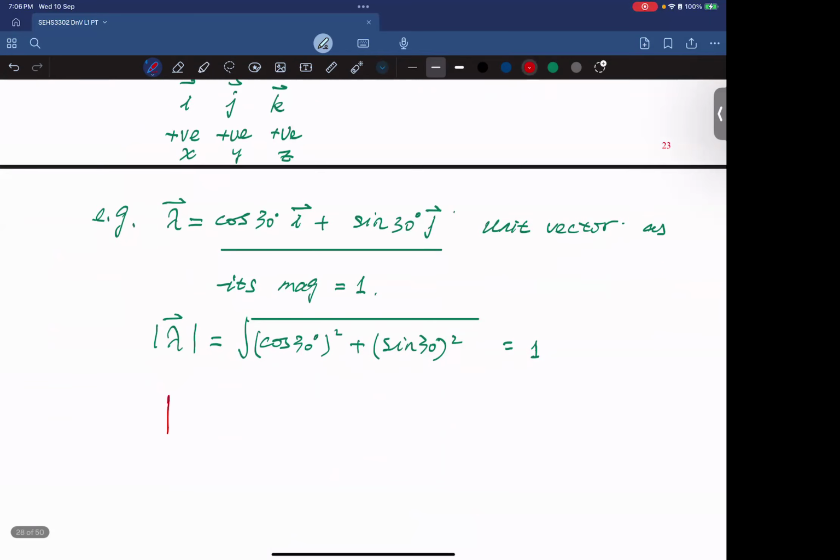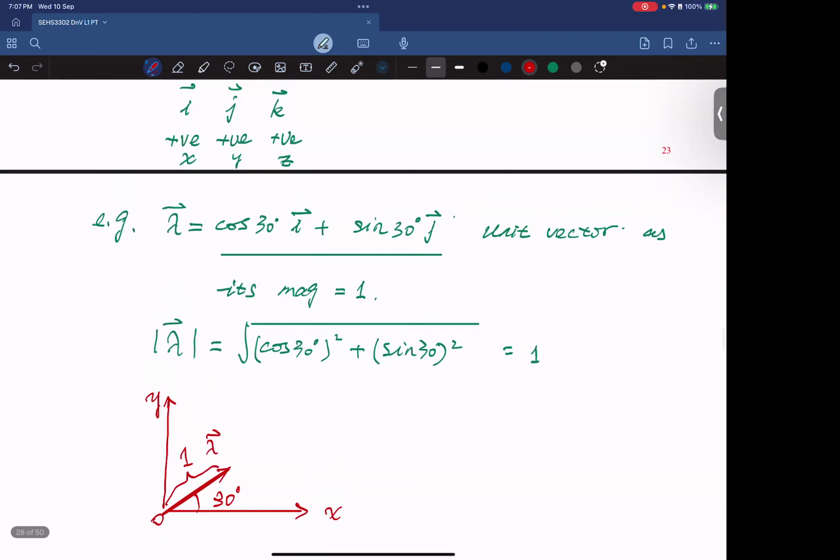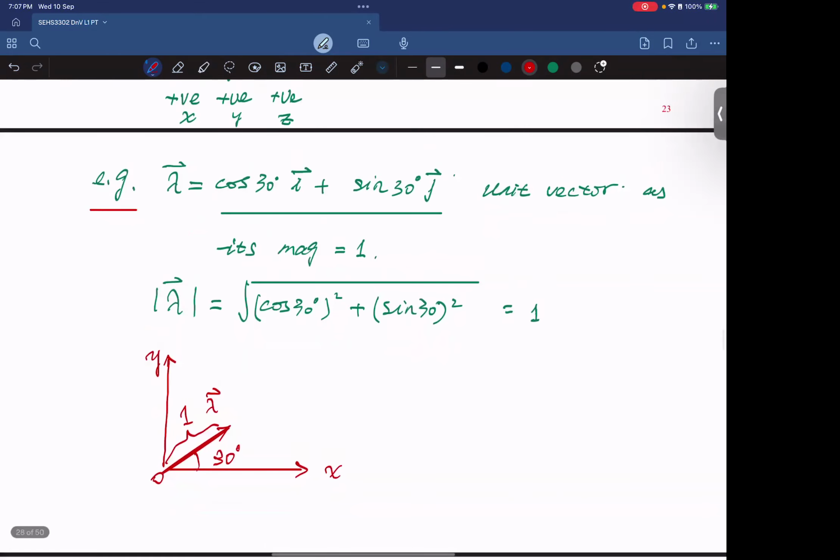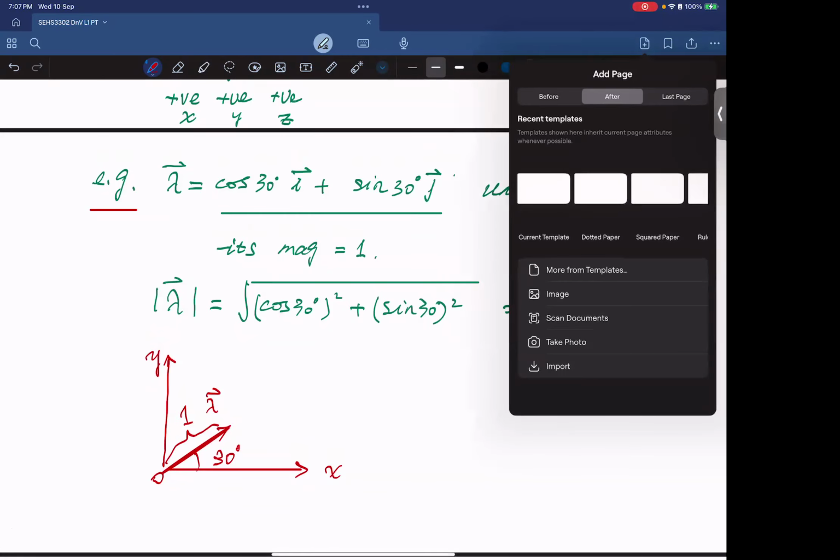So if we put it into a coordinate system, which is x, o, y, this vector means a univector whose magnitude is 1, and the angle is 30 degree from the x. So this is what it means. We just take this univector as an example. This kind of univector can also happen in